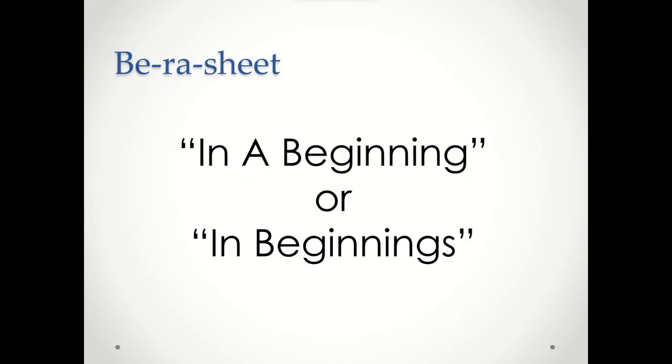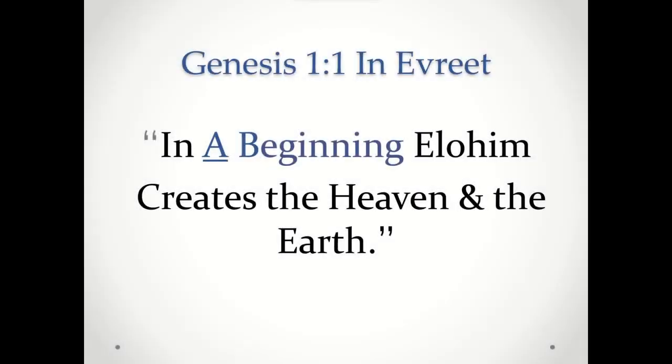He's expressing an eternal ideal. So he's using the creation story to express this deeper meaning, this deeper point, that in beginnings, in the start of anything that Yah creates, Yah is creating the heaven and the earth. And when you put that into the actual line from the Ivrit understanding, that's in a beginning, Elohim creates the heavens and the earth. And breaking that down from an eternal perspective, an eternal idea,